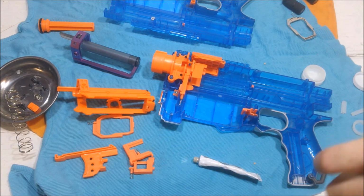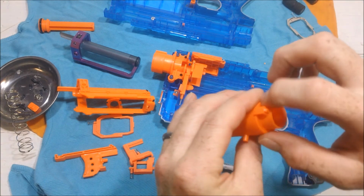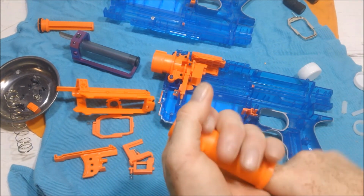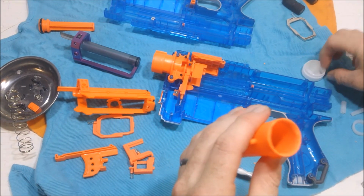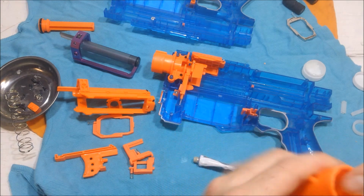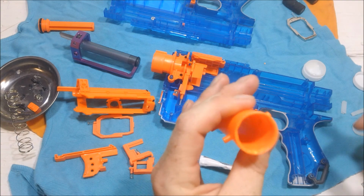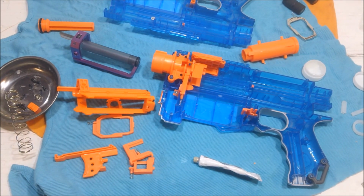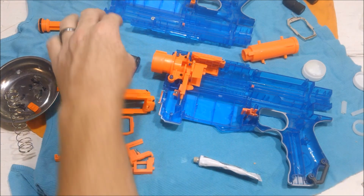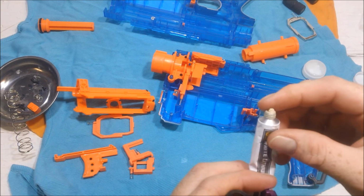This is me prepping it for reassembly. I'm going to wipe it all over the plunger tube. Again, I'm not going with a thick layer. I just want a layer, period. Just something on there, so it's not a dry surface. Because a lot of times Nerf doesn't lubricate these at all, so it's just a dry plastic surface against your O-ring. Now, speaking of the O-ring, this is where I will use a little bit of the Orange